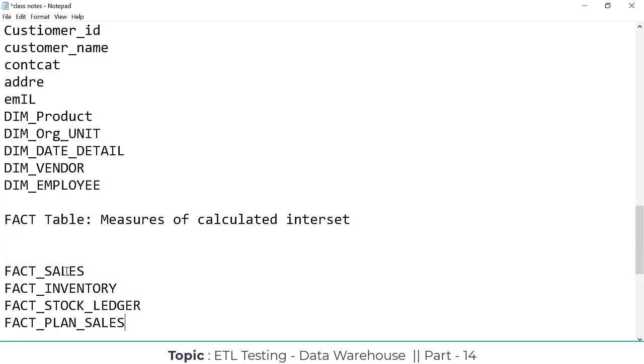Normal sales means actual sales, how much sales actually happened. So they always compare the sales to the plan sales: how much we expected, how much sales happened. That is the reason they always compare their future business to their actual business. Inventory is nothing but the stock. I am going to explain the retail domain here, guys. All of these are related to the retail domain, and you can explain the retail domain business easily from a real-time interview point of view.